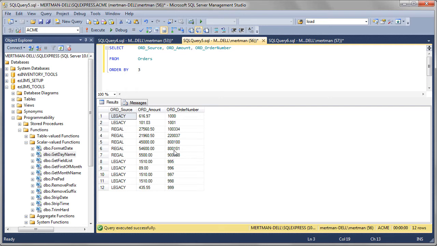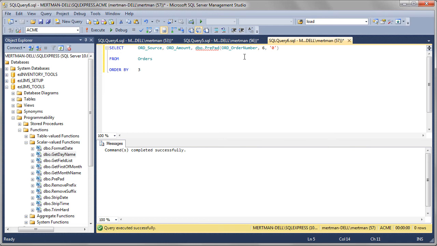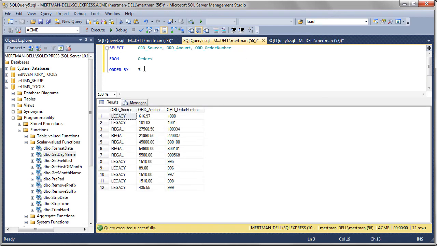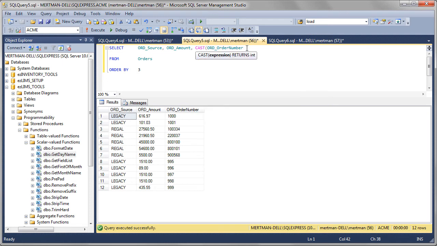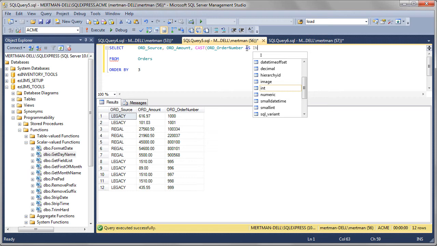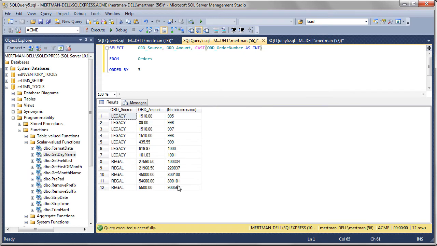So 220,000 comes before 995. Well, that doesn't make any sense. That's not good. So what else can we do? Well, instead, what we could do is we could say this, cast order number as int, and that would work. But when somebody looks at this, though, they're still going to complain because this isn't very